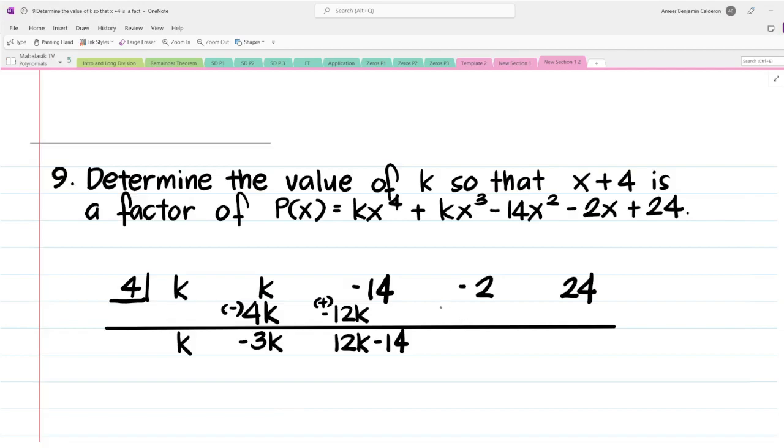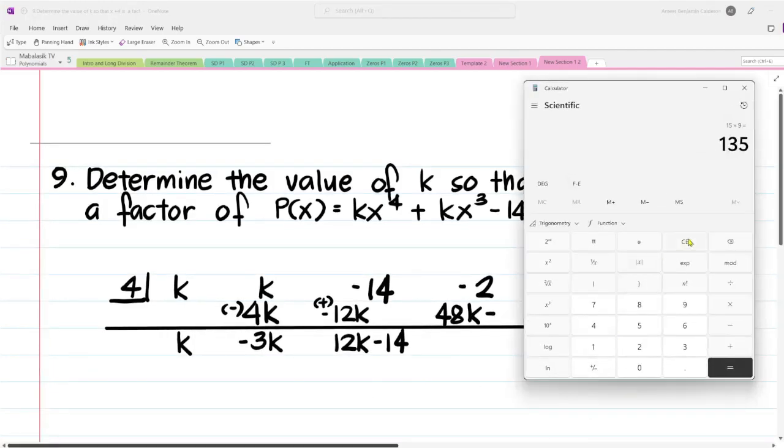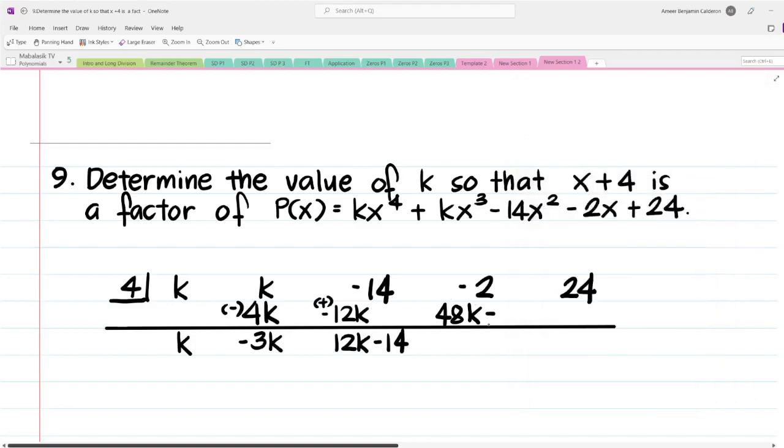So that is 48k. Minus 14 times 4, hindi ko na alam, 56 yata. 14 times 4, 56. So 56. And then change the sign, both of them. 48k tsaka 56k. Change the sign parehas. So this is going to be a negative, this is going to be a positive. So this is negative 48k